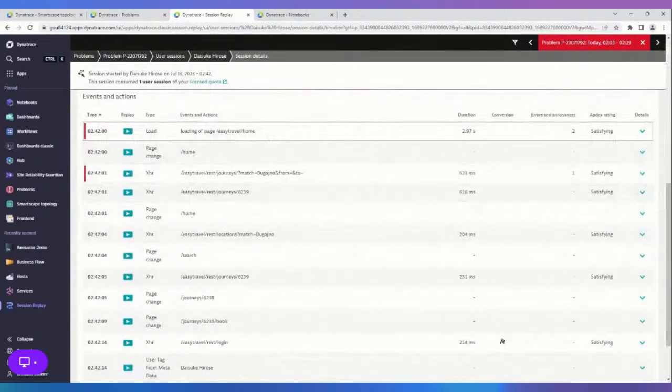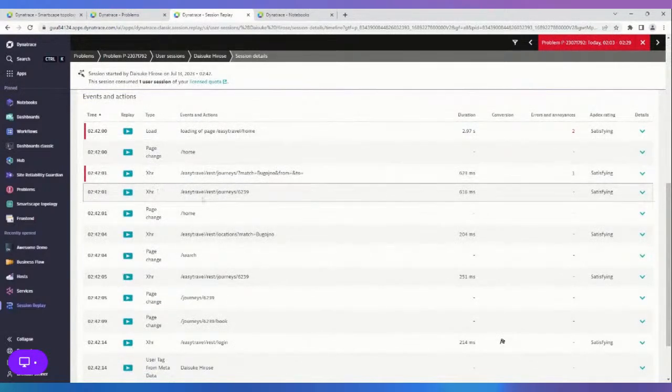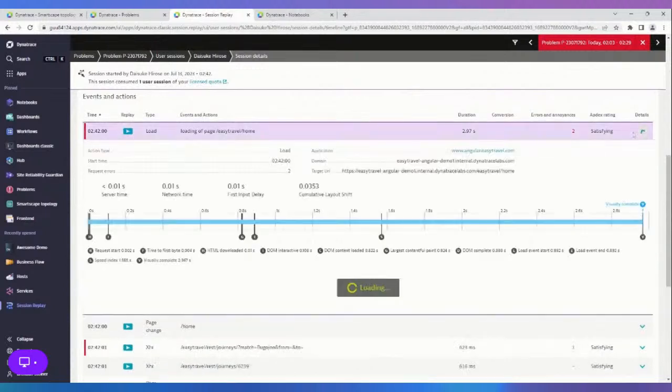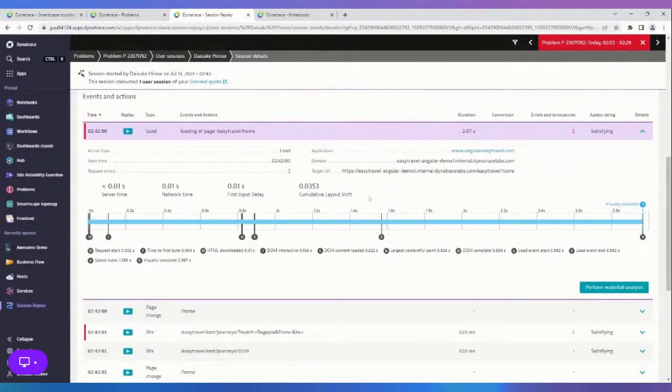If I scroll down, what you get is a timeline of what the user did on the application. So you can see there was a full page load on the home page and going into different XHR actions. If it's a single page app, we can monitor those, and it will show exactly what was going on that page in a full waterfall breakdown. So say if I drill into here,